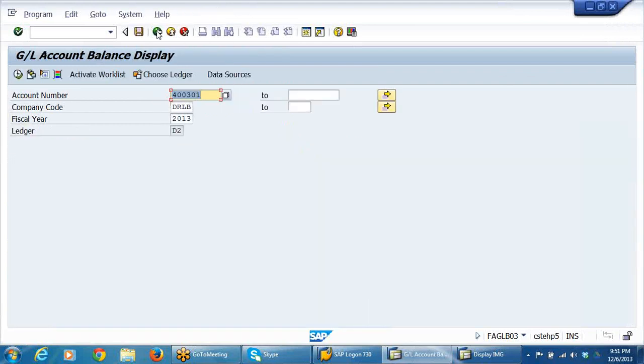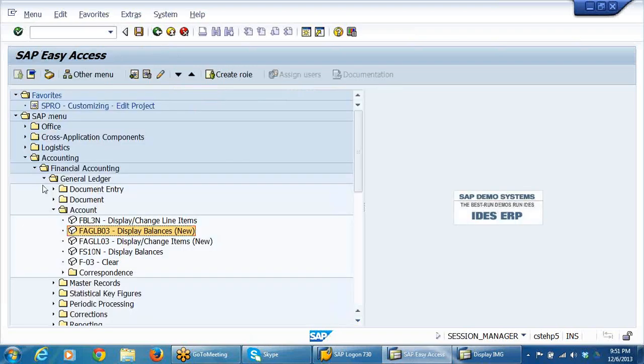So this is called parallel ledgers. Parallelly, we are maintaining number one, 0L ledger, D1, D2. So like this, any number of ledgers you can post. And at the time of posting, you can choose